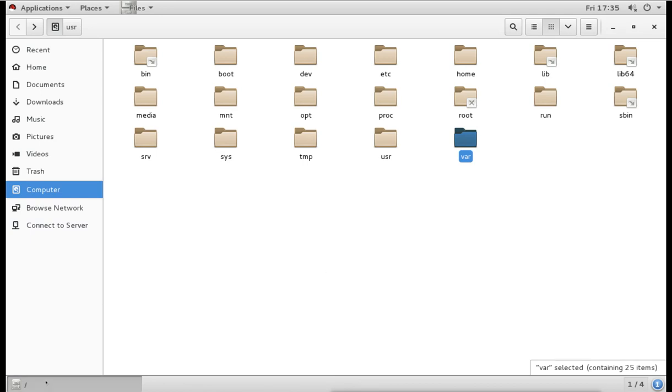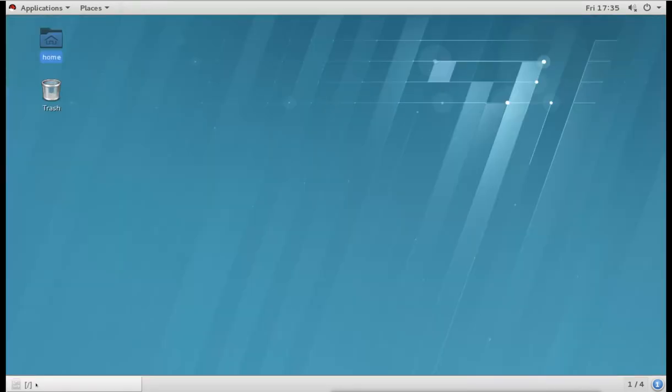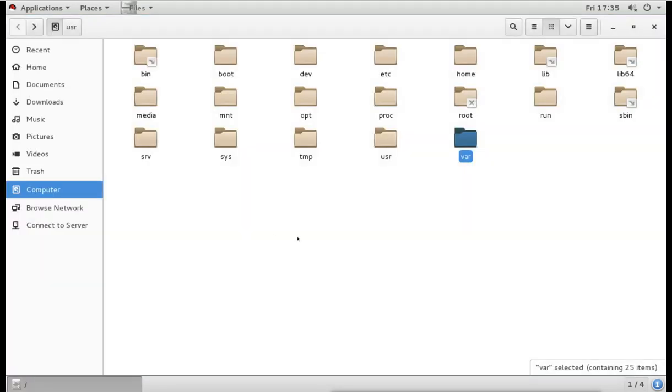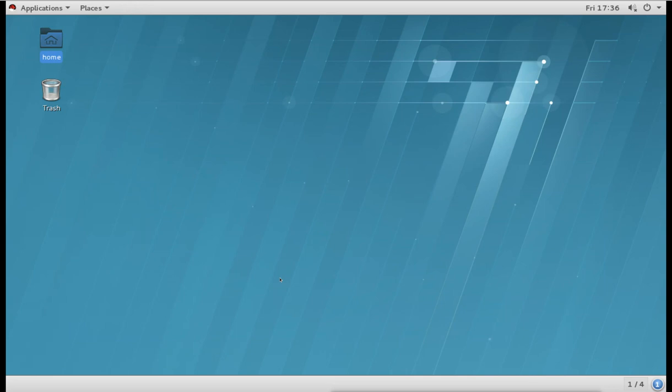Okay, so this is a slash, you can see here in the bottom. This is a slash directory, and under the slash directory we have all these system directories, and these system directories do their job and they are for some reasons. Okay, so this is what the application places.